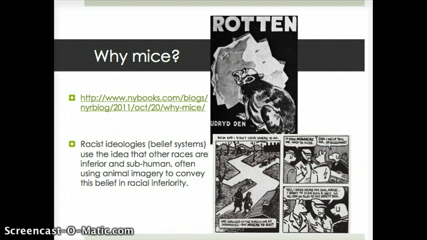So I want to draw your attention to a link that I've put on the course homepage, which is Art Spiegelman's article, Why Mice? And in this article, he does explain how he came up with the idea